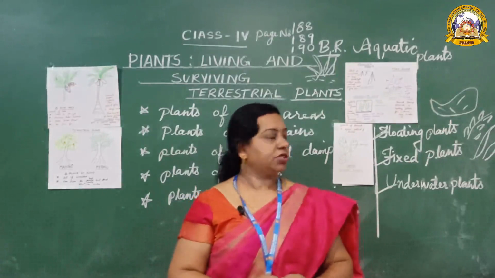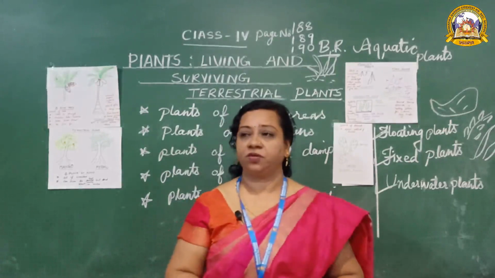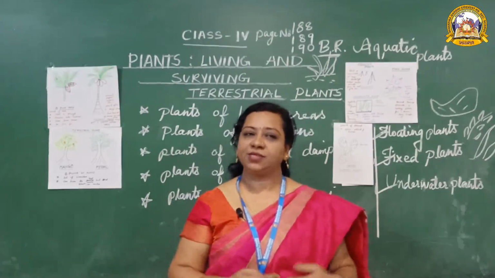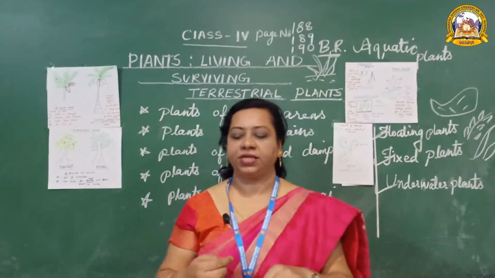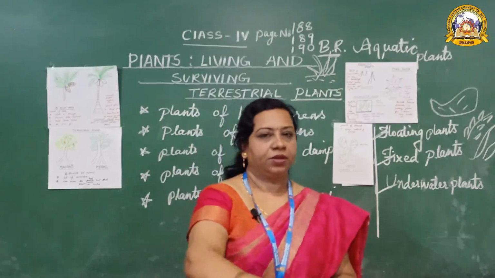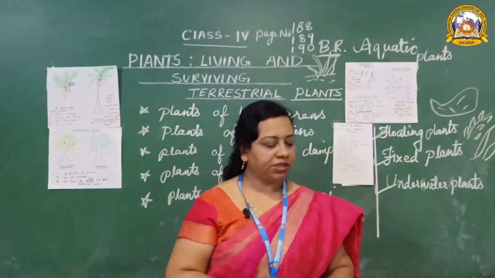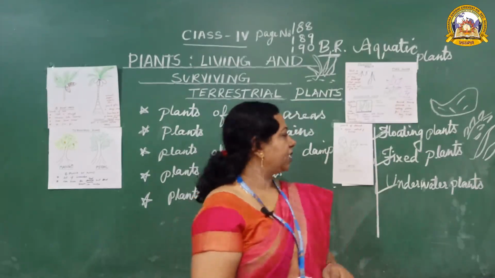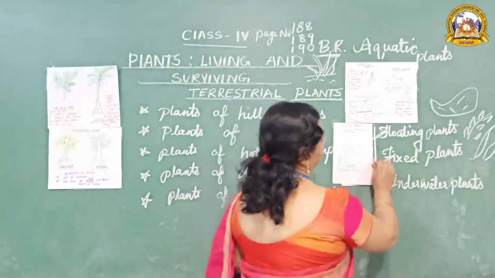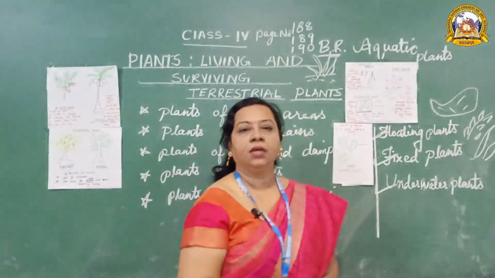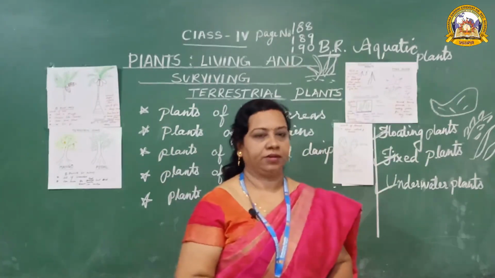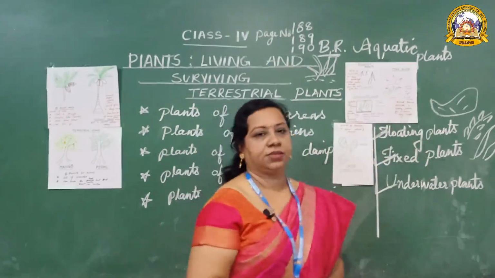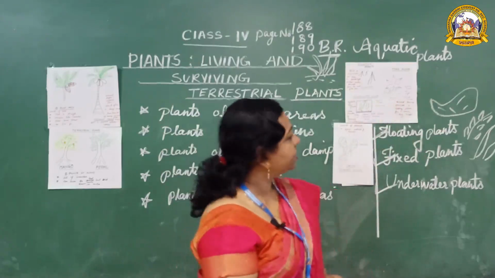These plants protect small animals. Yes, one more special feature, see, they are protecting the small animals. And from the heat of the sun, they give support to them. Turn the page. Next category is fixed plants. Some water plants are fixed in the ocean bed. They are lotus. The stem is very hollow.